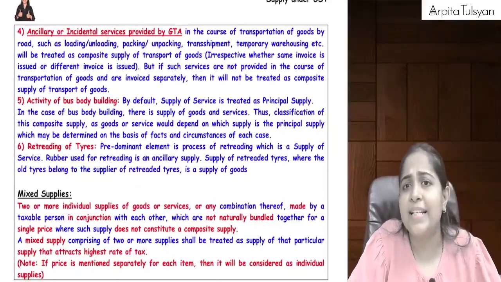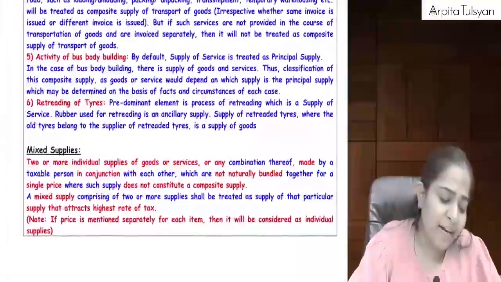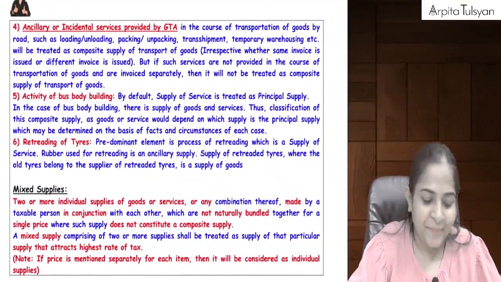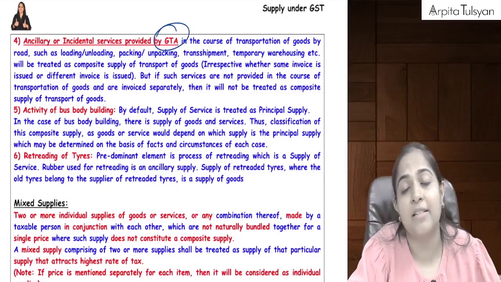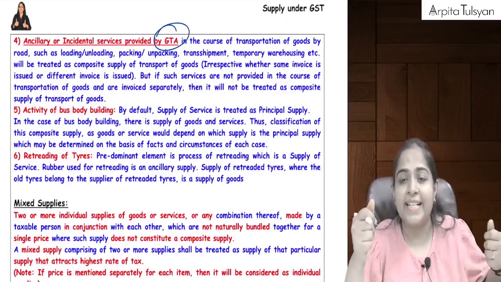Okay, so when it is supplied separately, then it will be considered as individual supply. But when it was supplied together on the Book My Show app, it will be considered as a composite supply. Yes. Similarly, in case of GTA, Goods Transport Agency, a transportation service provider,